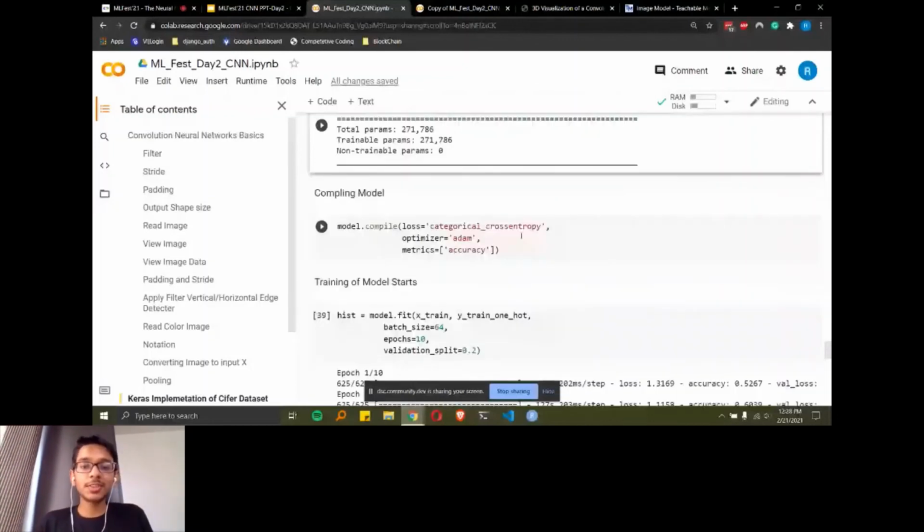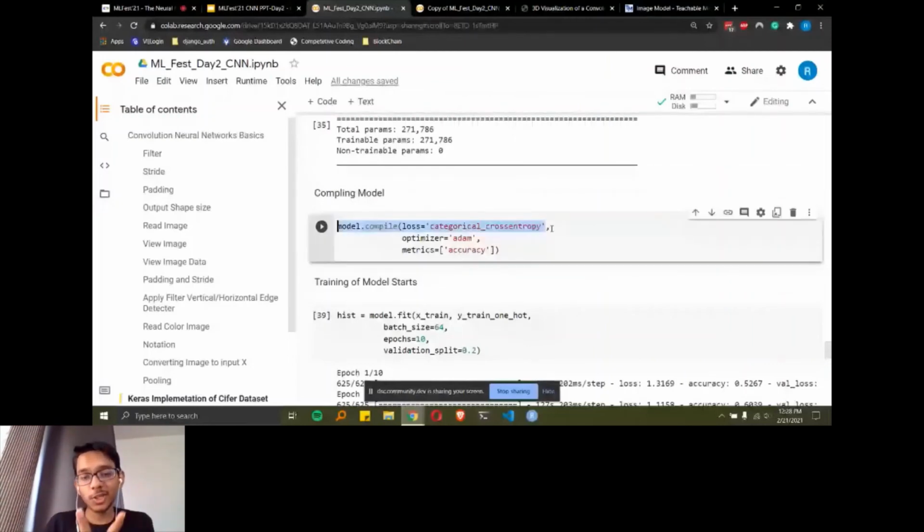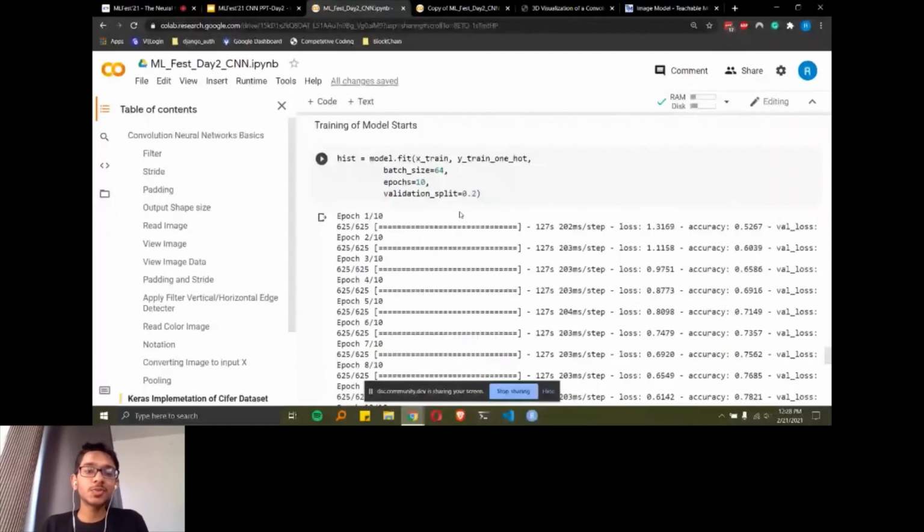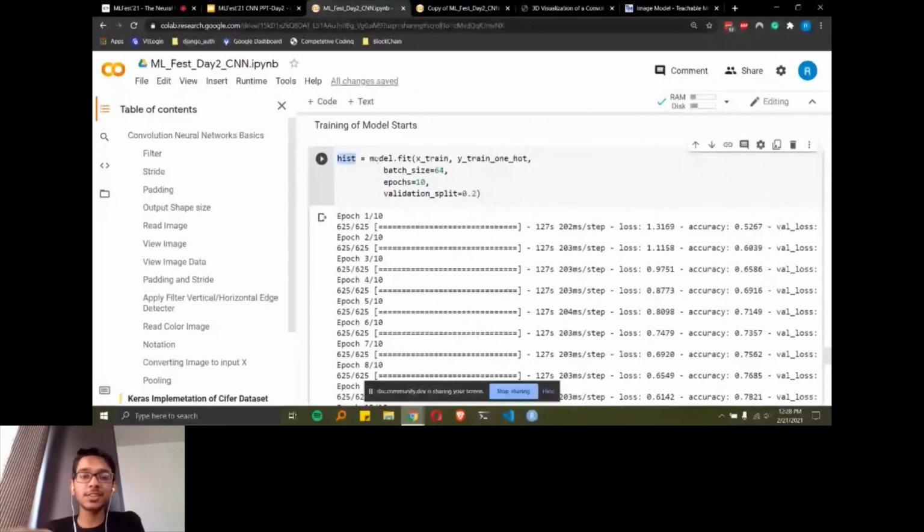Now I will just briefly explain. Here we are using multiple classes, not two classes. So if we are using multiple classes, it is expected to use categorical cross entropy as the loss. If you are doing only true and false kind of prediction, then you can use binary cross entropy. The optimizer is Adam, the favorite, as you have seen in yesterday's slides. And for metrics, we are adding the accuracy metric, which is stored in our history after fitting. So this is the model.fit instance that is created here.